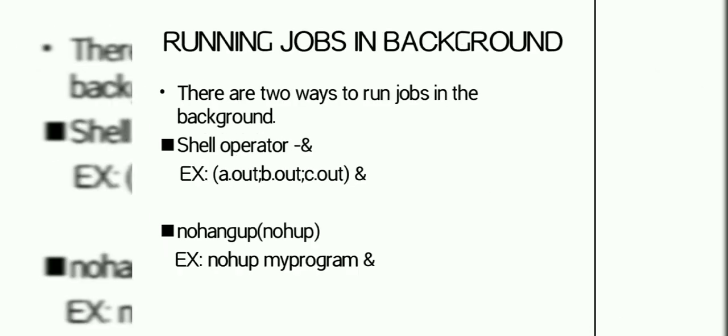Jobs may switch from foreground to background. There are 2 ways to run jobs in the background: by using the ampersand symbol and the nohup command. You can run several jobs in the background in a sequential manner. In this example, 3 programs are made to run in the background using the ampersand symbol. When a command is prefixed with nohup, it permits the execution of the process and you must use the ampersand symbol with it. When this command is used, it sends the output to an extra file.